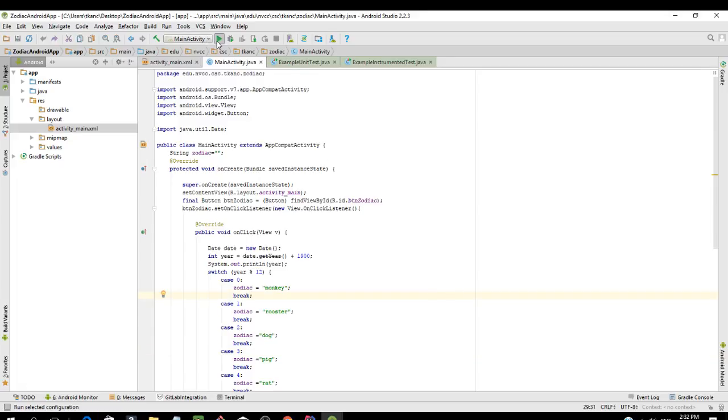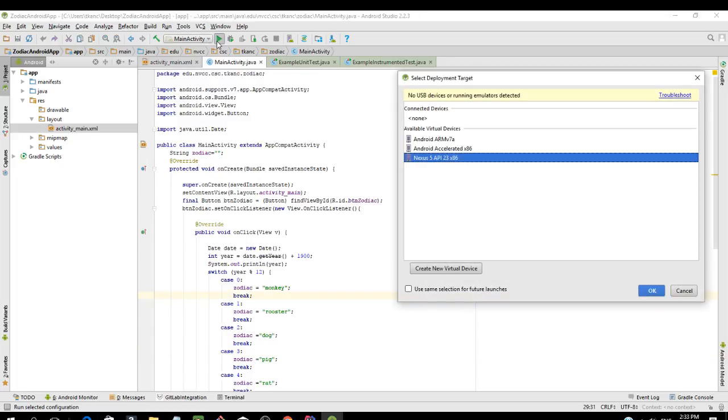Alright, so now if you have your phone, let's say you connect your phone directly, it should detect your phone and your phone should be here. So now when you run this application, just to test this, you can select